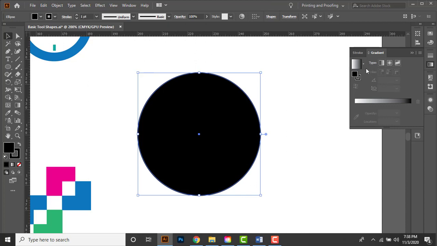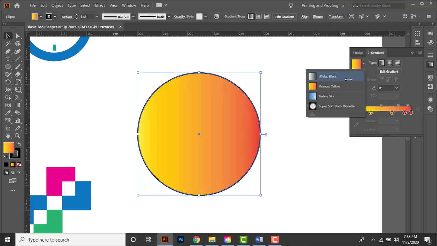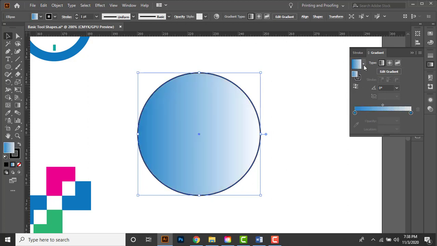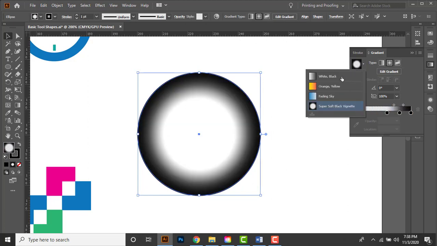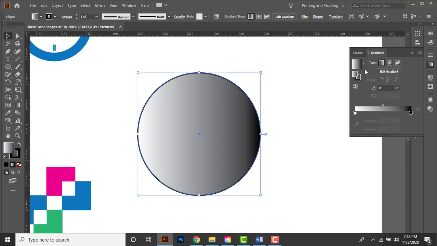Then from here make sure the fill option is active, and then I can pick default gradients from this list. Okay, so let me choose a black and white gradient, and then I can reverse the gradient from here. If you are in a linear gradient style, then you can set the angle of the gradient from here. Basically, you can change the direction of the gradient from this option,